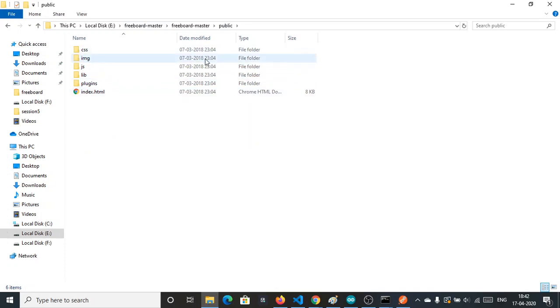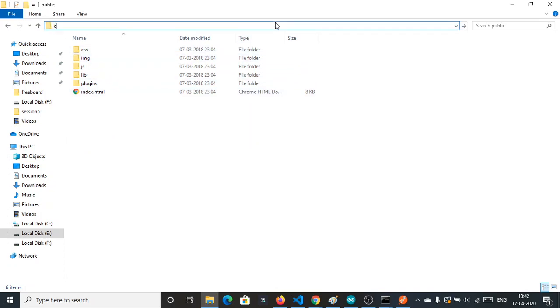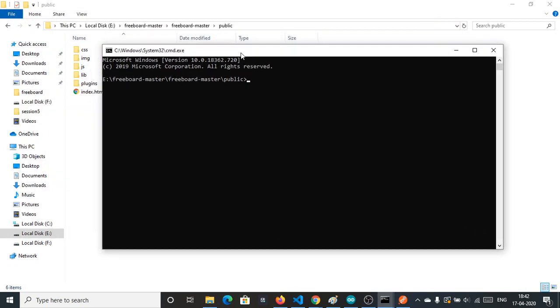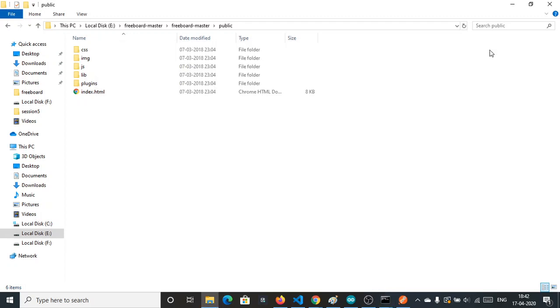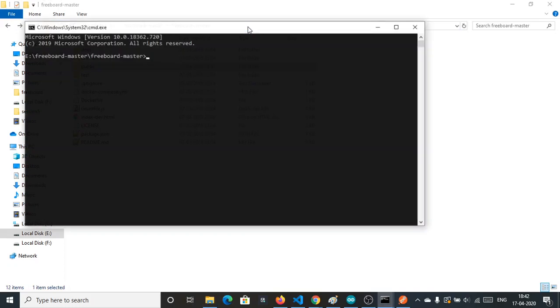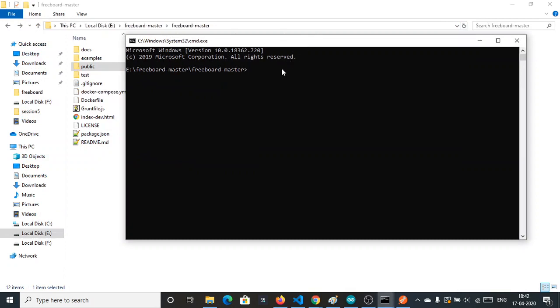Then simply open your command prompt in this directory, the outer root directory, and type firebase init.